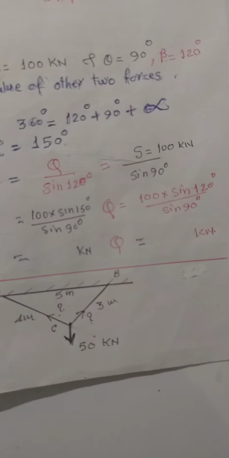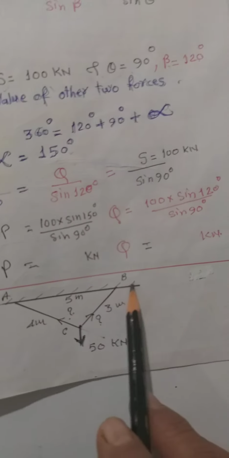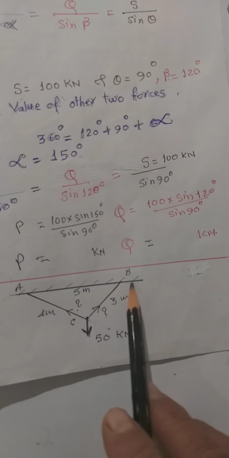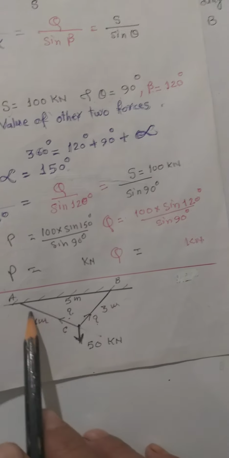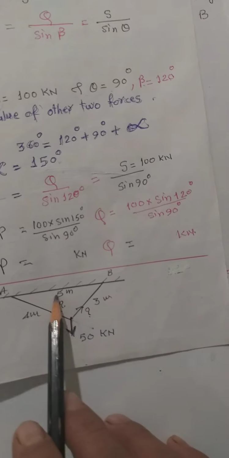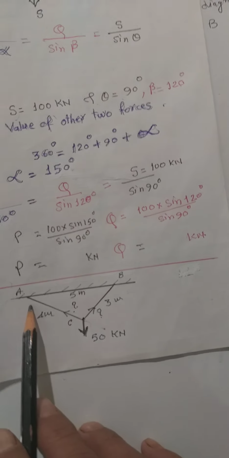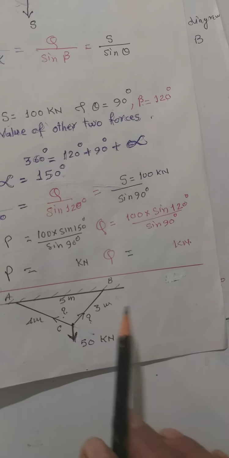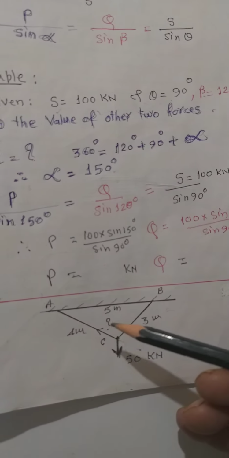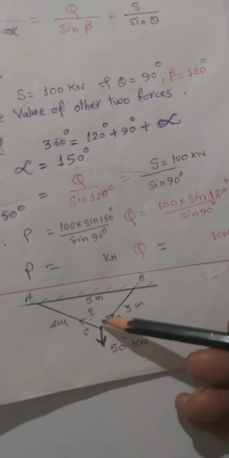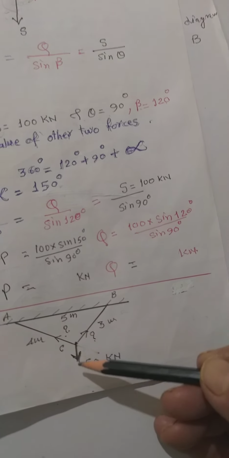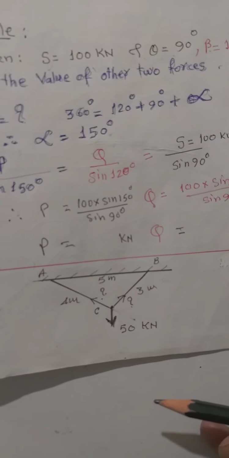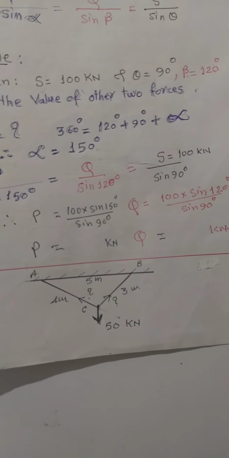Now, the two ends are connected at the same level with a rope, with a distance between the two nails of 5 meter. The lengths of the rope on the two sides are 4 meter and 3 meter respectively. A load is hung over here, and its weight is, say, 50 kilonewton.